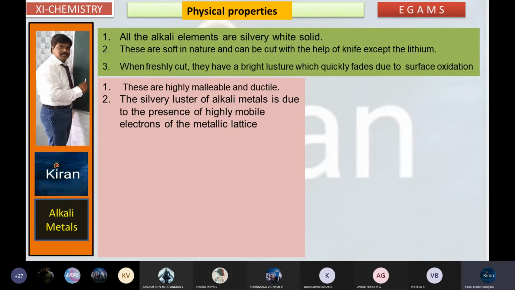For example, take a sodium metal. This is the sodium. By loss of an electron, this is the sodium ion, and the electron comes out. This electron is floating in a sea. This is the sodium metal. In sodium metal, the availability of electrons is there. That is the reason it conducts electricity. Because of this, it shows a luster nature. There is only a single electron per atom.